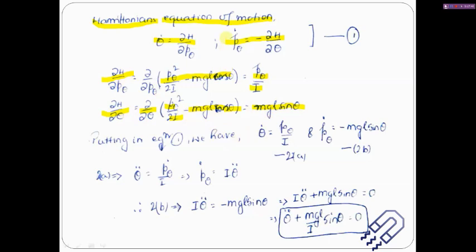If we put these derivations in this equation, we get the equation of motion. There's nothing new. It is just ∂H/∂p theta, so theta dot is p theta by I. This is fine. But here ∂H/∂theta we have found out, which is nothing but mgl sin theta. But there will be a minus sign before this, so we have put a minus sign before this. So these are the two equations we have.